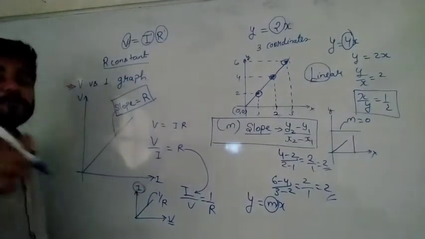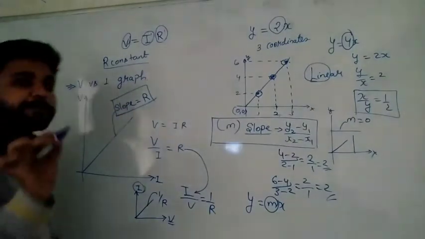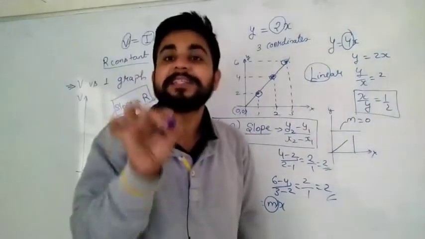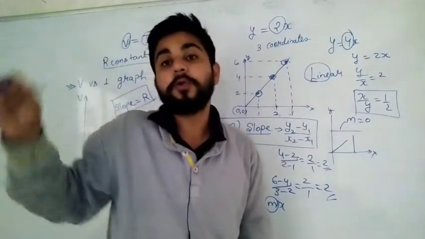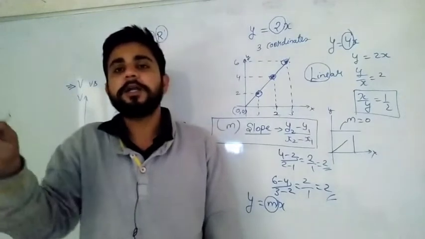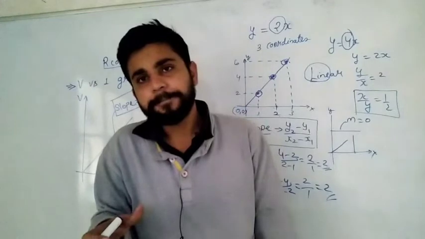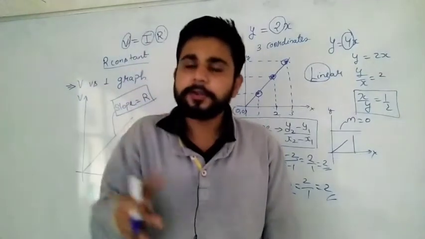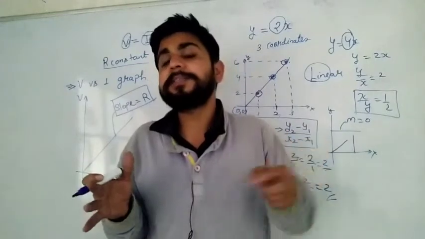In the case of Ohm's law, the ohmic circuit? Yes sir. As per the ohmic circuit or Ohm's law, what is resistance? Sir, resistance is always constant as per Ohm's law. Whenever all the physical conditions are constant, the current flowing through the circuit is directly proportional to the potential difference applied. This statement was already explained in your class. And when all the physical conditions are constant, it means resistance is constant.